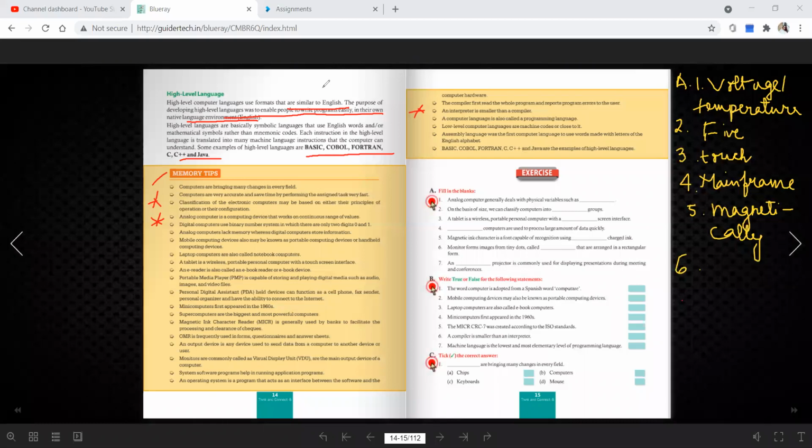This is one single word. Then pixels. Copy it down very fast.